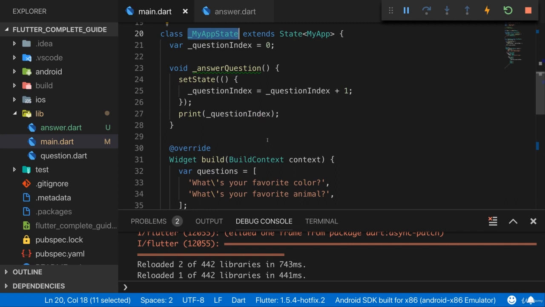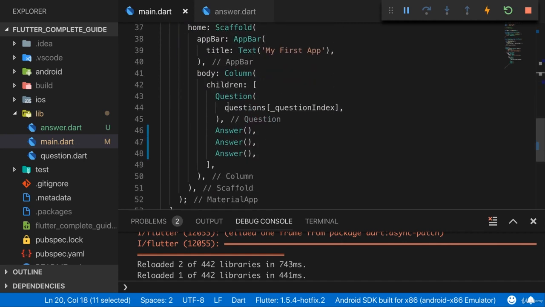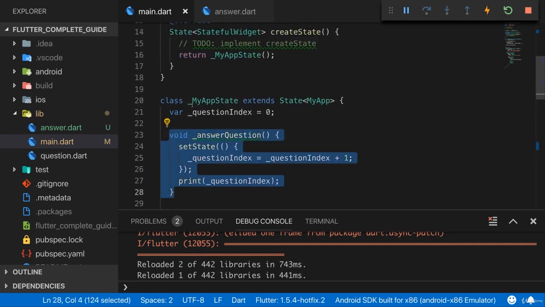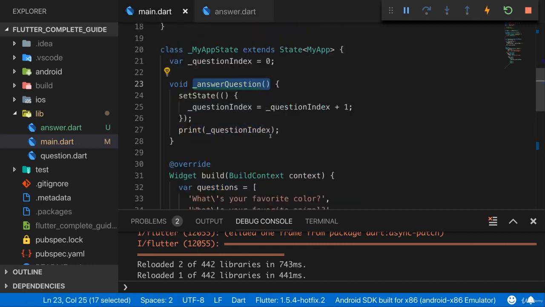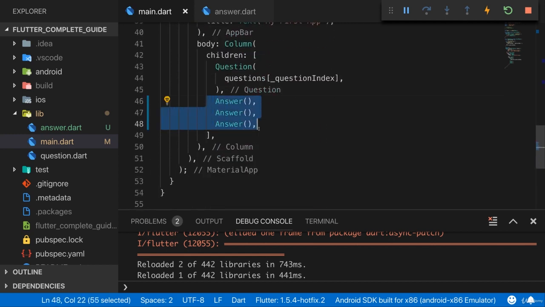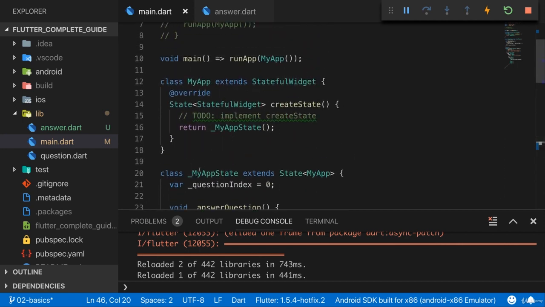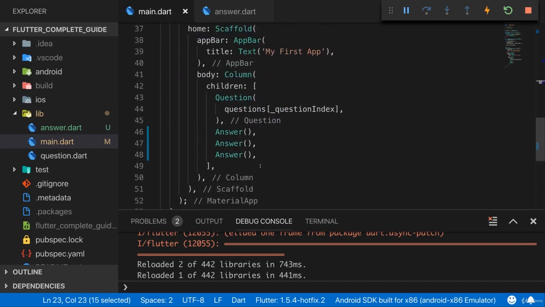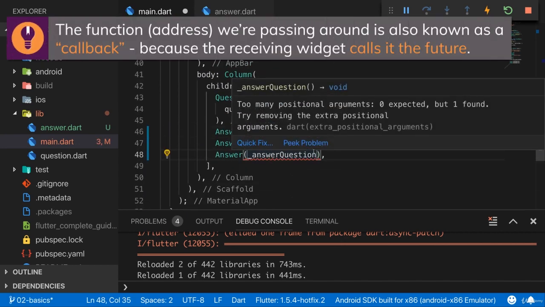You manage the state on the common denominator of the different widgets that need this state. And that is the direct parent of these widgets that need this state. So since we manage the state in here, we also have the function to change the state in here in the MyApp state class. But how do we now get access to the answerQuestion function in our answer widgets here? The answer is pretty simple. Just as we can pass text to a widget, we can also pass the pointer at a function to a widget. So answerQuestion, my function here, can be forwarded to the answer widgets